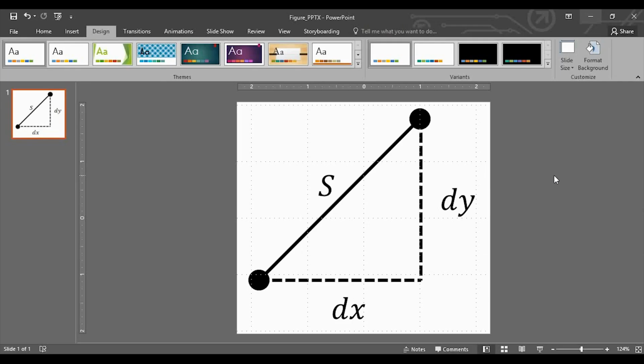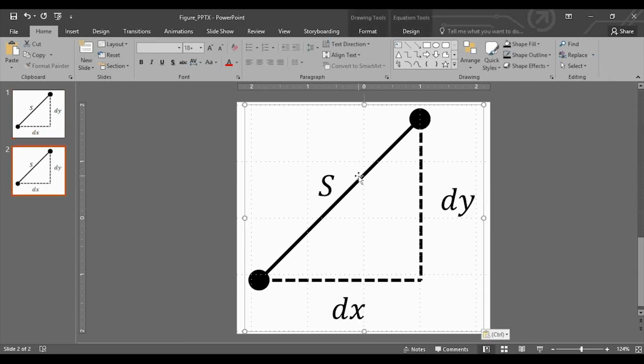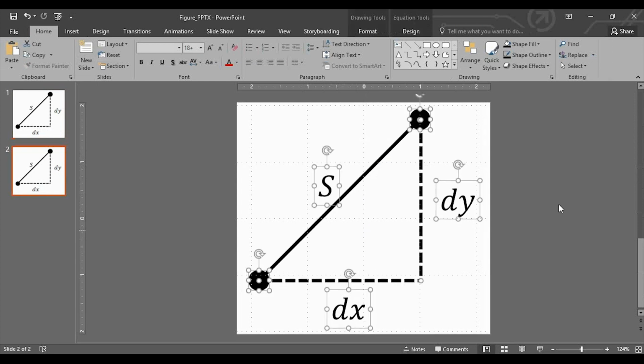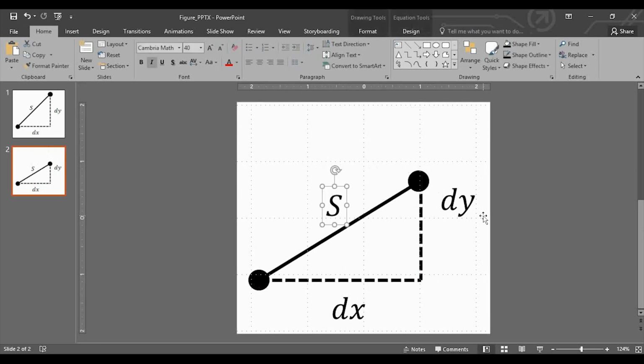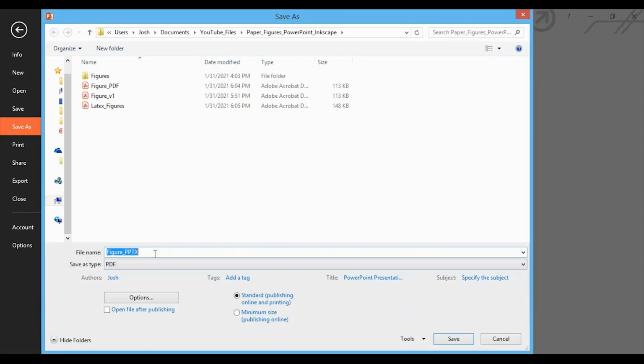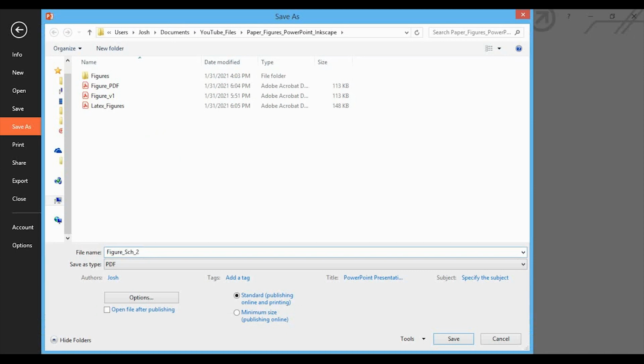So let's say that you want to add another schematic for your paper, because this one's good, now we just want another one. So I'm going to add a blank slide here, so we'll go new slide, blank, and I'm going to go here, I'm just going to copy that into here, I'm going to right click, I'm going to ungroup, for example, maybe we'll change these a little bit just to bring it down, and this is our, whoops-a-daisy. This is our new schematic that we want. If we wanted to save as a PDF right now, we can do that. And so if we do this, we will just save this as figure schematic 2 as a PDF, and we'll